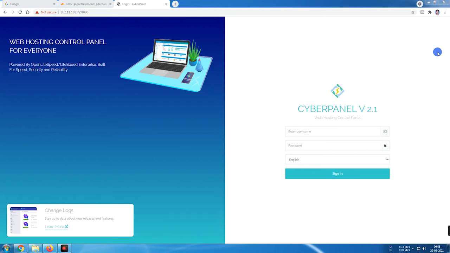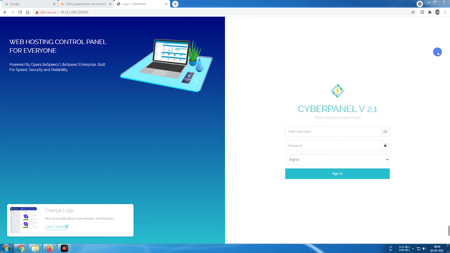That is the best way to learn; the same method you can use to install Litespeed and CyberPanel on any cloud hosting. That includes AWS, Google Cloud, Vultr, Linode, DigitalOcean, UpCloud or any popular hosting company. You can use the same method to install CyberPanel and Litespeed Enterprise. If you have already installed Litespeed and CyberPanel on your server, then this video will help you to configure CyberPanel